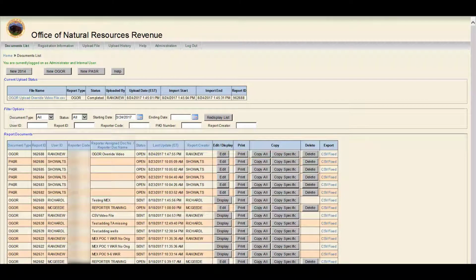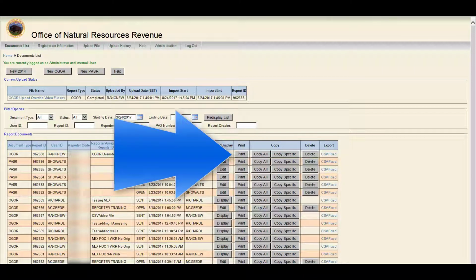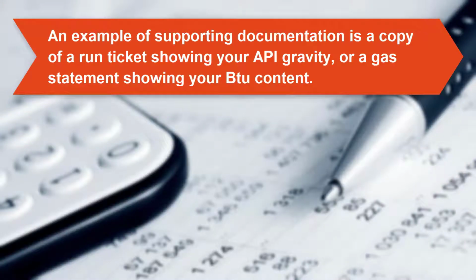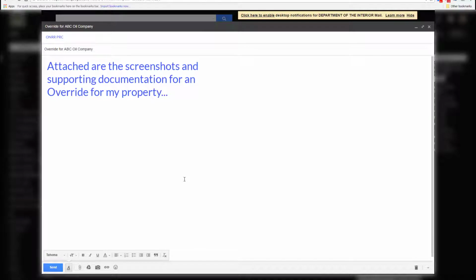To make a file copy PDF of the OGOR Part A or B or C that has the error, use the print functionality to print to PDF, or you can take a screenshot of the OGOR part. An example of supporting documentation is a copy of a run ticket showing your API gravity or a gas statement showing your BTU content. Once you have the above information gathered, email this documentation to your PRC to start the